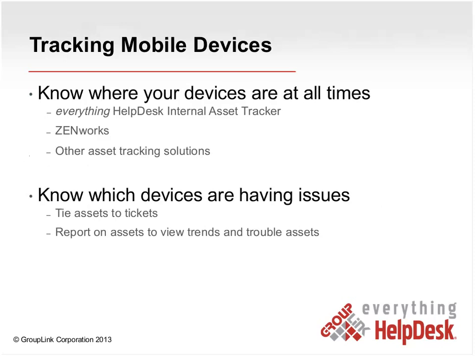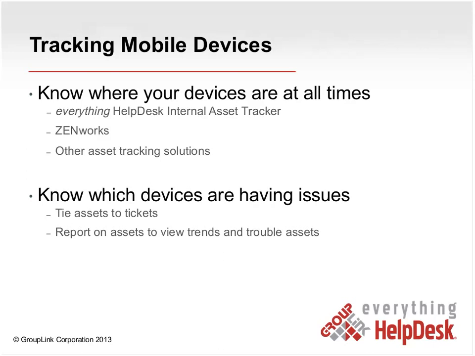We need to know where our devices are at all times. There's several different ways that we can do this. Some of you out there, I know Novell users, probably using ZenWorks. Some of you who are using the GroupLink Everything Help Desk are probably using the internal asset tracker, and there are other asset tracking solutions out there. And these are important. These can be huge time-saving tricks for us to be able to track all of our